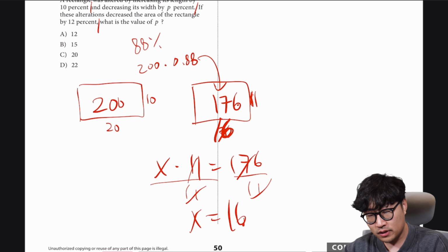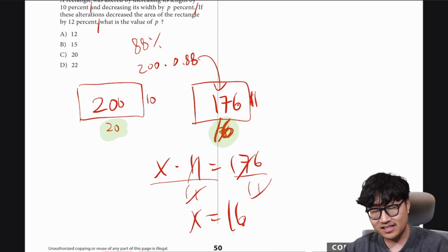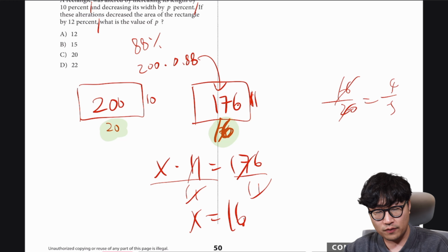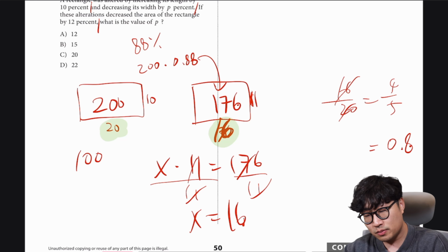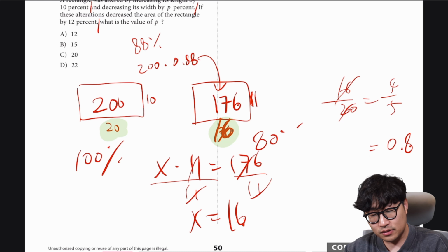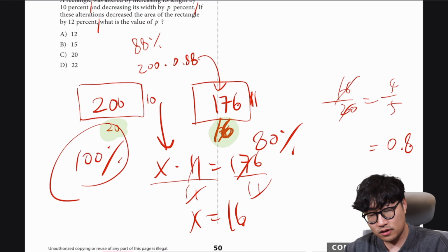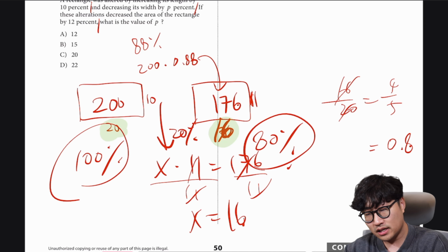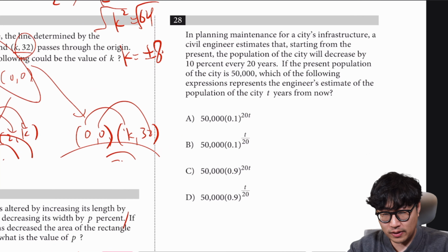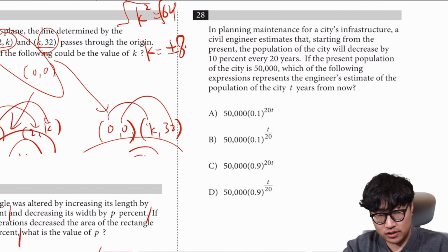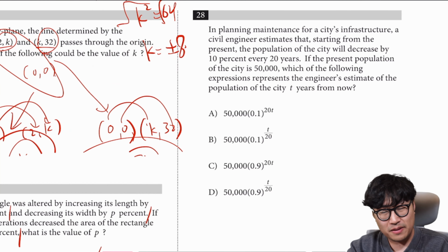So what happened to the width? It went from 20 to 16. So 20 to 16, 16 divided by 20, that would be 4/5, which is 0.8. Meaning, if that's 100%, that's going to be 80%. So it went down by 20%. Answer choice C. Number 28, in planning maintenance for a city's infrastructure, the civil engineer, blah, blah,